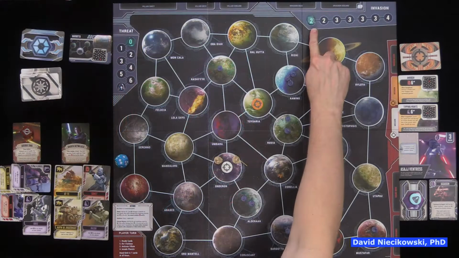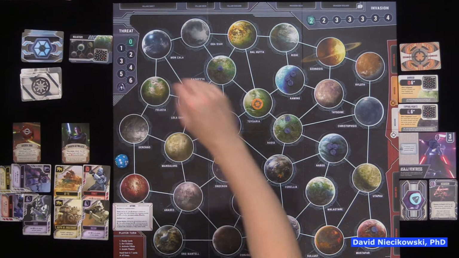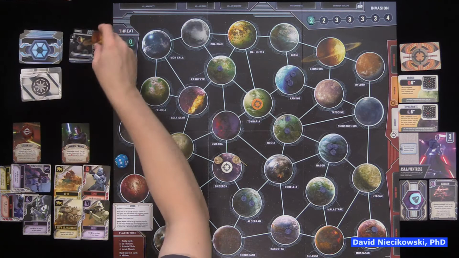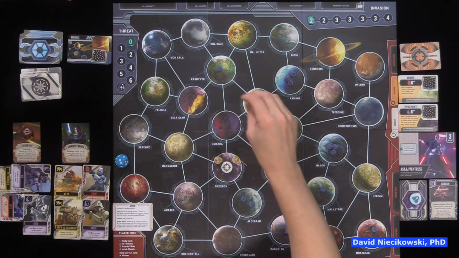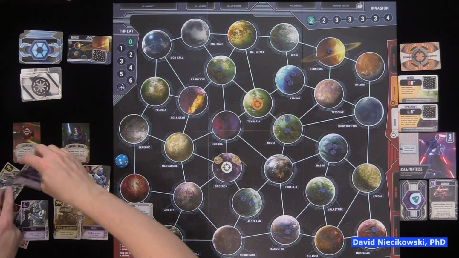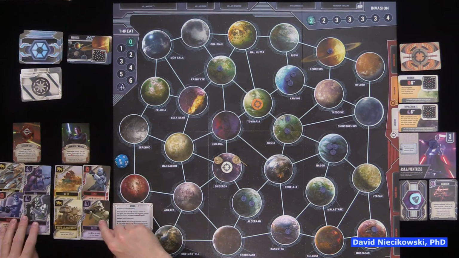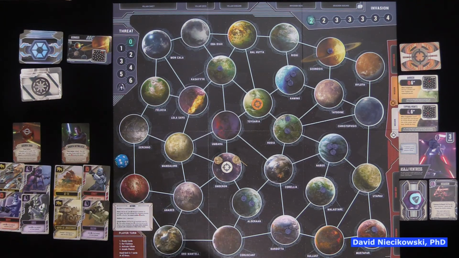I look at the invasion. I draw 2 cards. Malastare gets 1. Geonosis gets 1. Geonosis is way up here. All right, so now on exhaust, I ready the cards for Ahsoka. Now, even with Anakin there, remember his ability is...